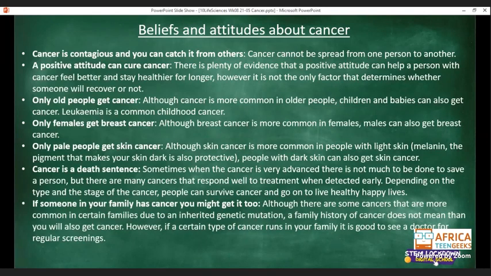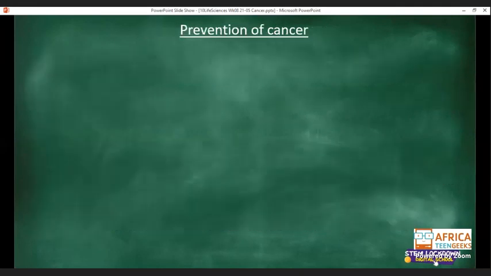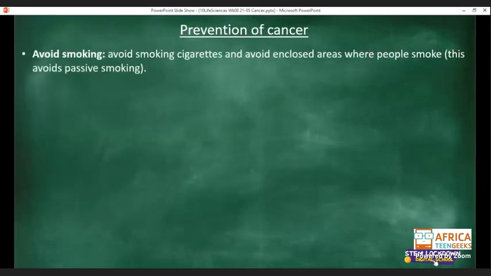Although there are some cancers that are more common in certain families due to an inherited genetic mutation, a family history of cancer does not mean that you will also get cancer. However, if a certain type of cancer runs in your family, it is good to see a doctor for regular screenings. So, the prevention of cancer: avoid smoking,